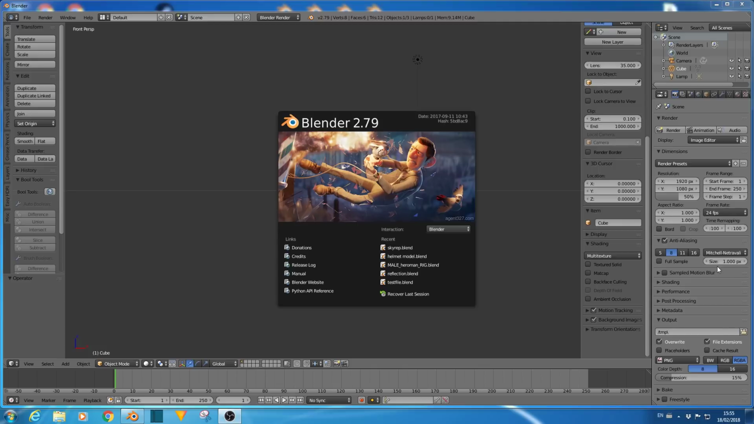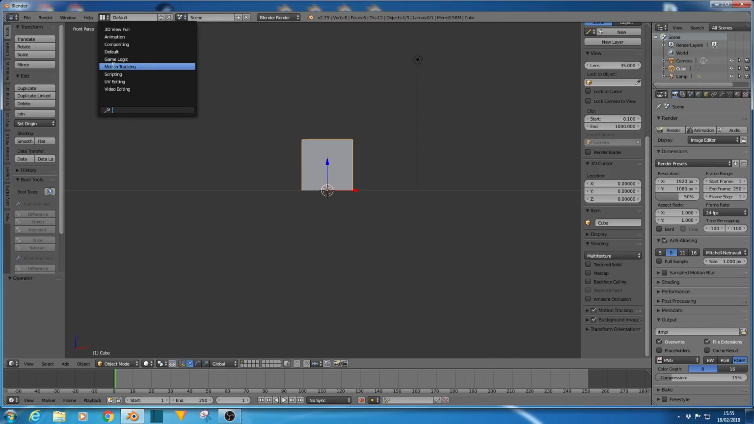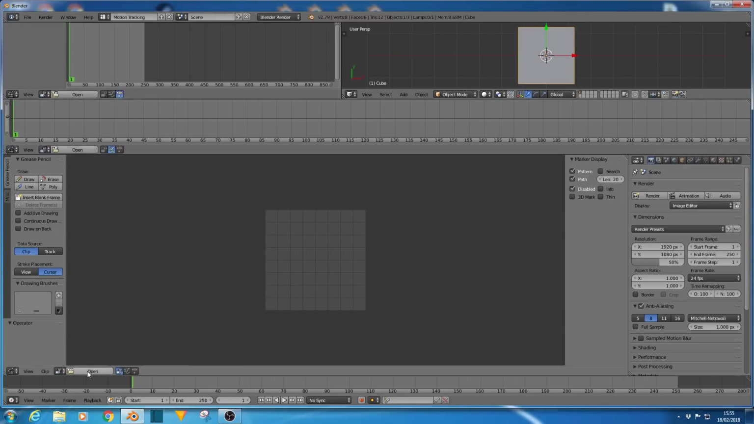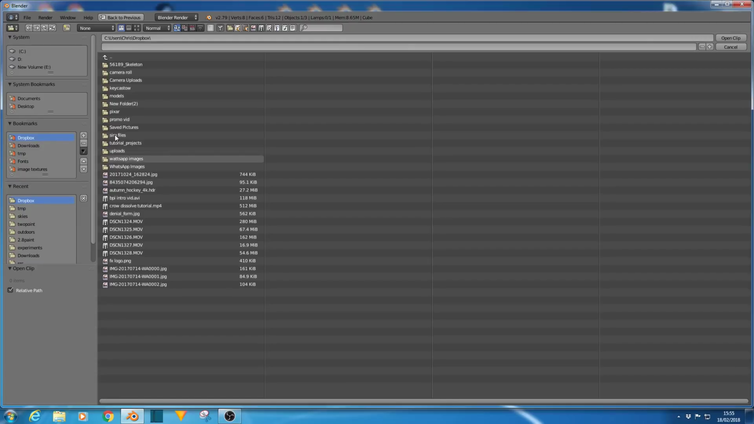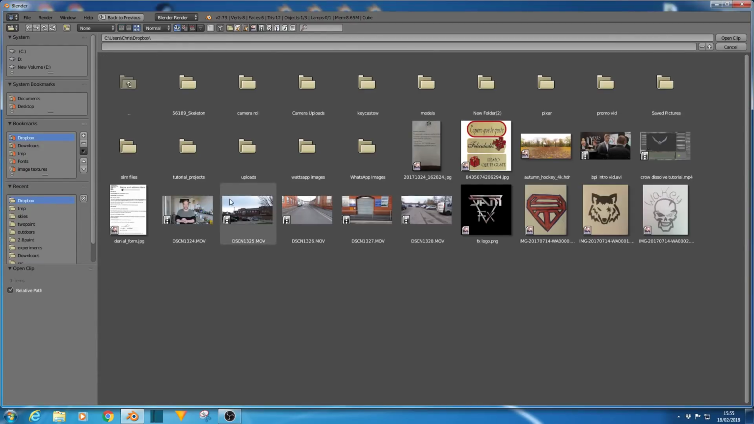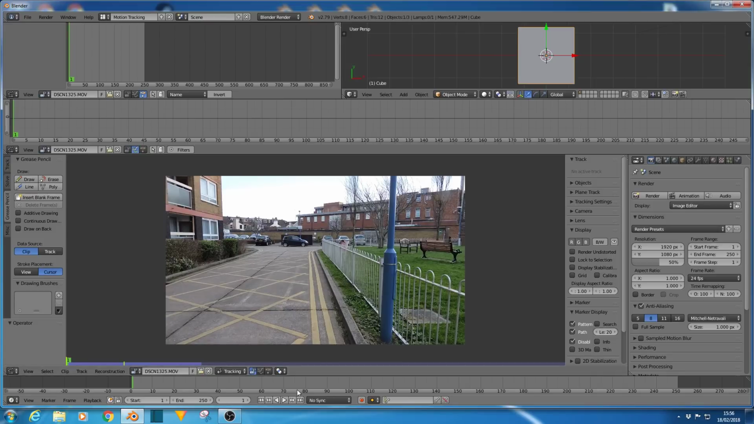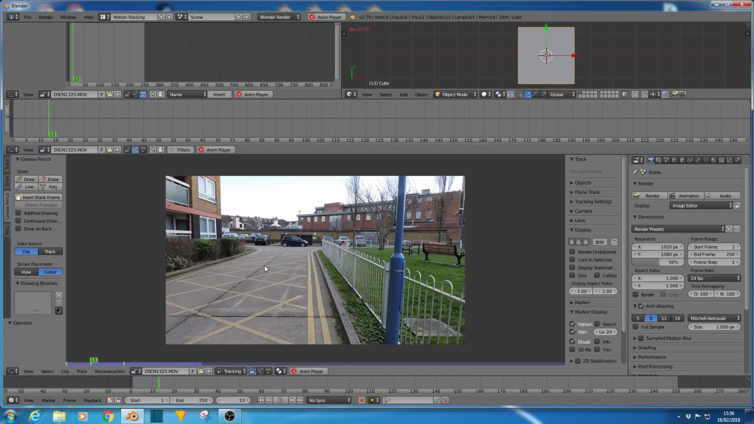In this episode we're going to be looking at 2-point tracking, and to do that let's go into our motion tracking workspace and open up a clip on Dropbox, and I'm going to take this one. Okay, now that's loaded up you can see that we just have a basic